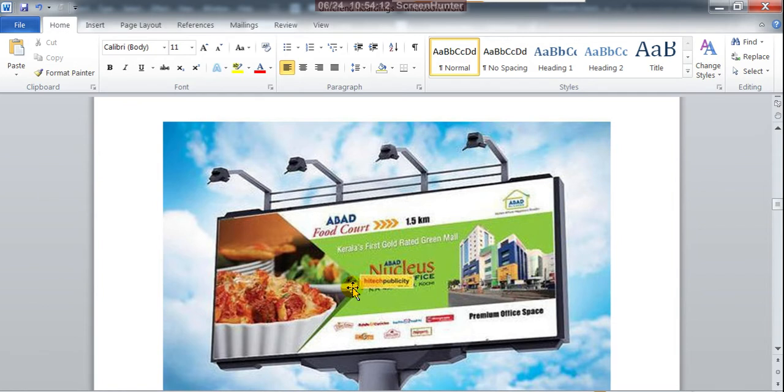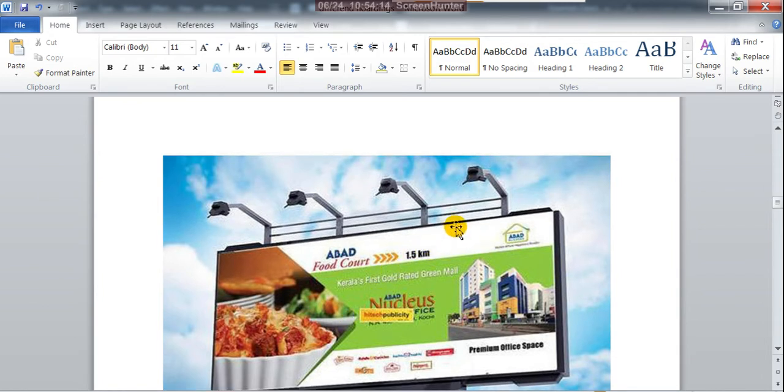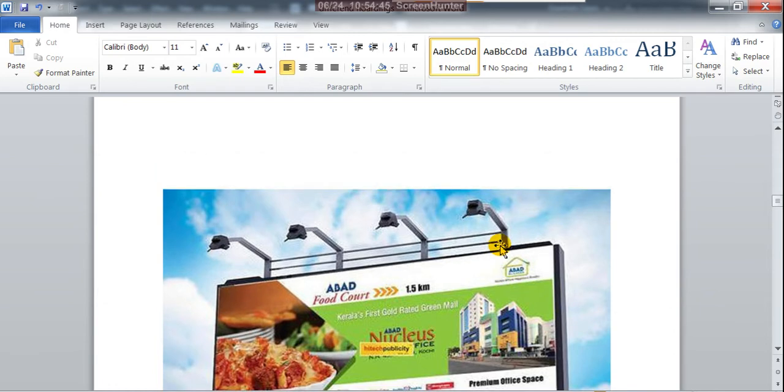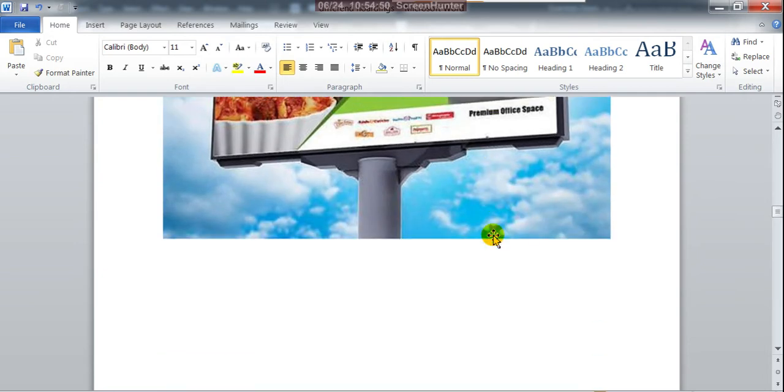This kind of hoarding here. See the lights, the special lights, because if you are not adding this kind of lights, the open lights, the light can spread outside. So without focusing on the actual subject or hoarding, the lighting can spread out to all the corners. The visibility of your idea, concept, and your product may not be there. So that is the reason you can set up the special kind of lighting. That is very important in hoarding design.